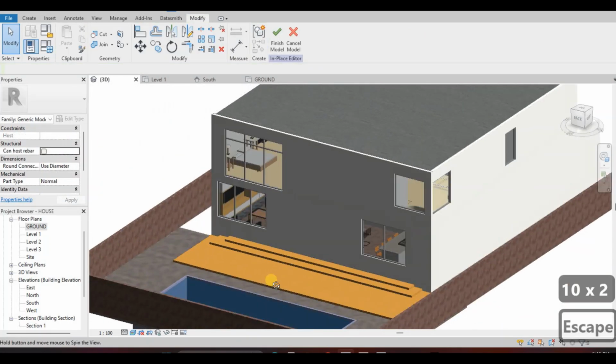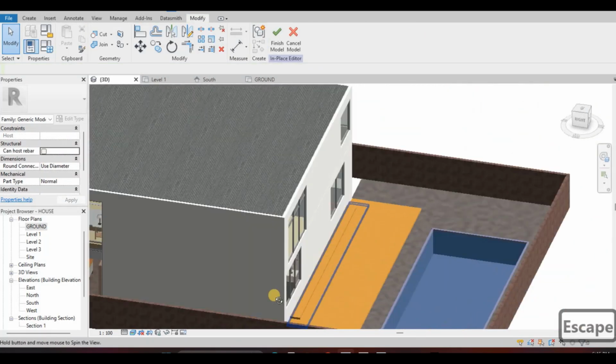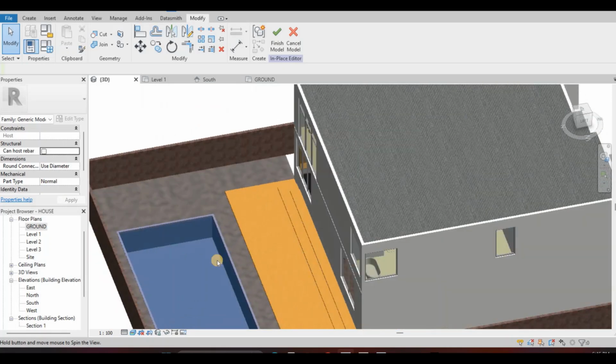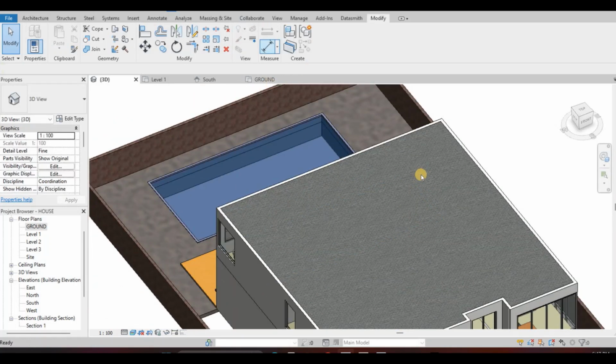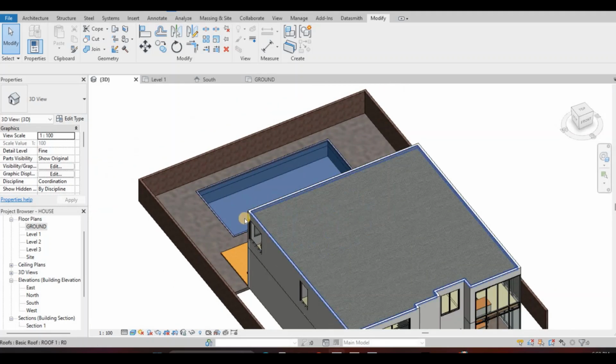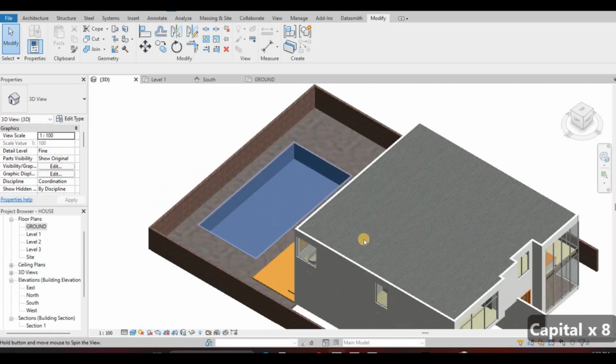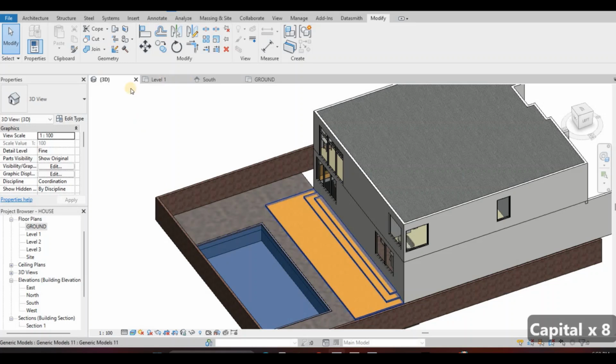So now the deck is looking good. Small, but it will be very nice for the space here. Click finish first. So if you go to part 1 description of this video, there will be 2 links there in the description. One is for all the default Revit families, and then there's an extra families for the second link,